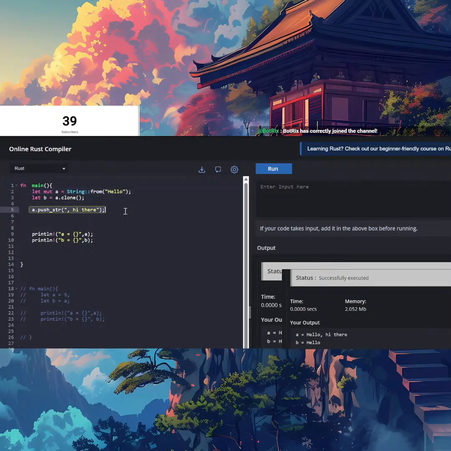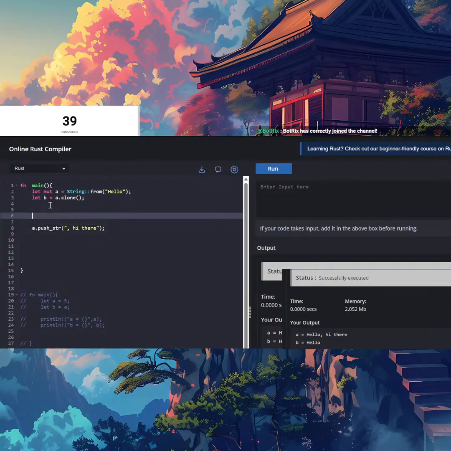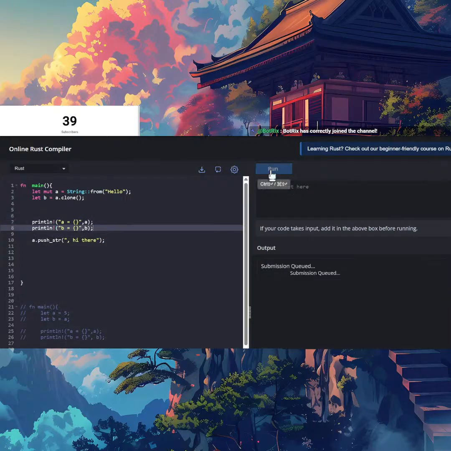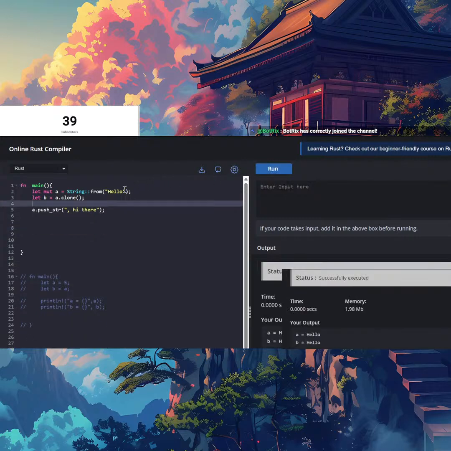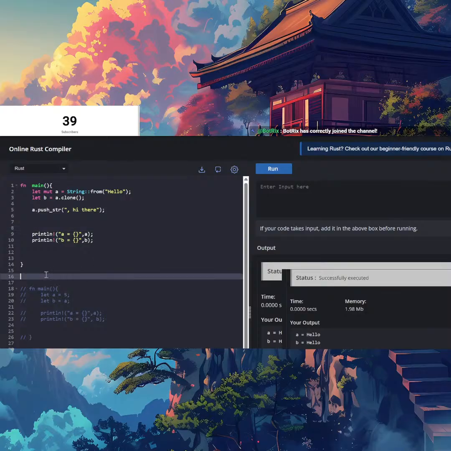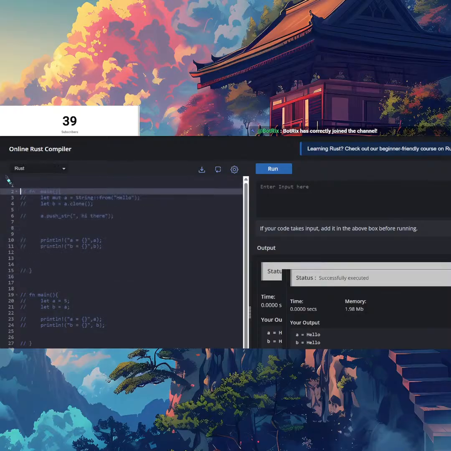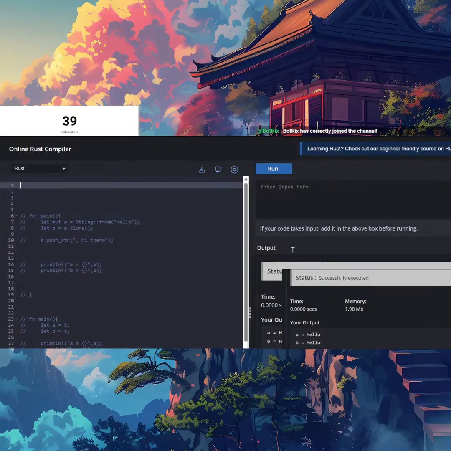So even if it's out of the scope, okay, what happens if I do it in reverse though? So I remove this and then put it here, and what happens now? Okay, so it's still not executed, that is only going to work in that particular scope, so keep mindful of that as well.